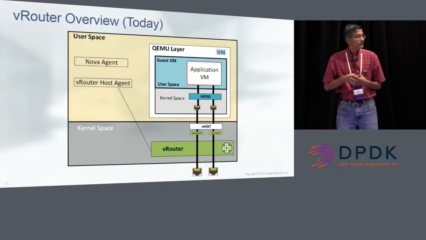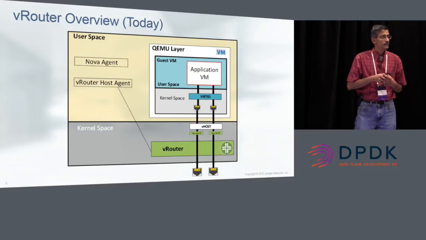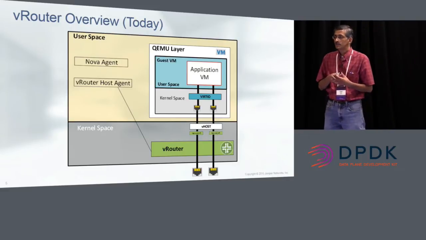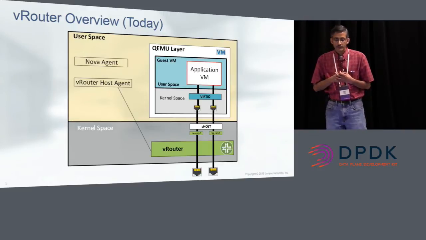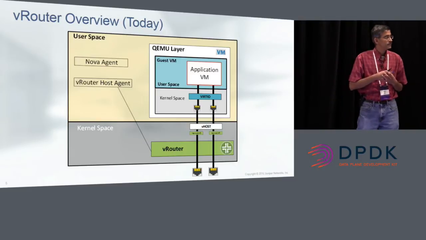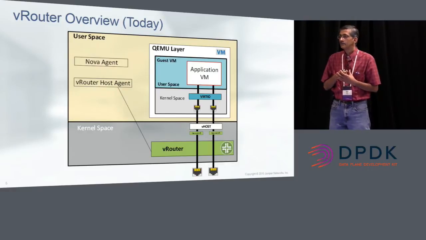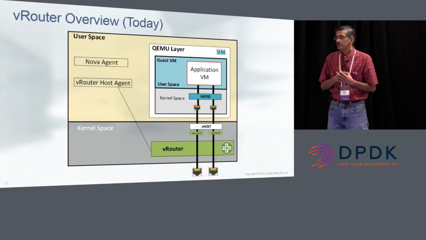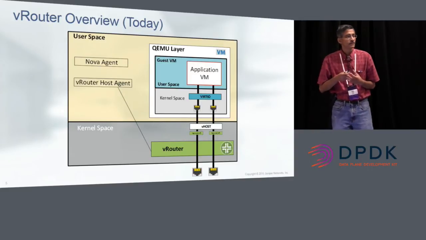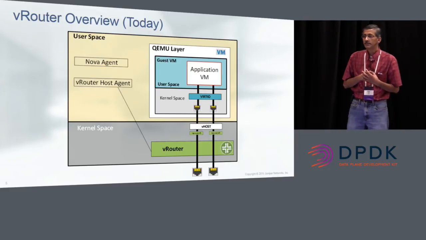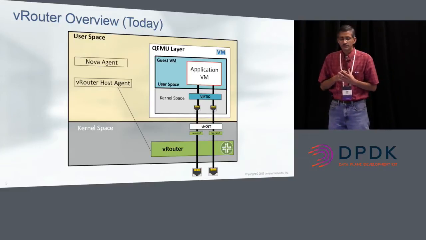So what we did inside the kernel module is to segment the large 64K segment into smaller MSS size segments, and then the overlay tunnel would be applied on each of those smaller segments by vRouter, and then the packet would be sent on the wire. And with those performance enhancements, we are able to achieve line rate TCP throughput on a 10 gig link. And on a 2 by 10 gig LAG, we're able to get up to 16 to 17 gigabits per second. So that's good for applications which require TCP termination, things like web servers. If that's what is running inside the VM, that's usually good.